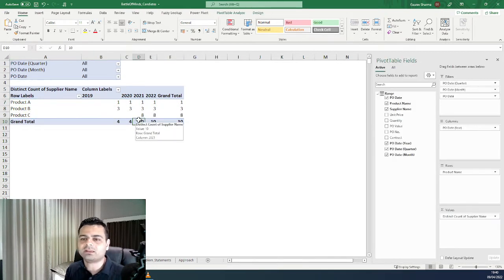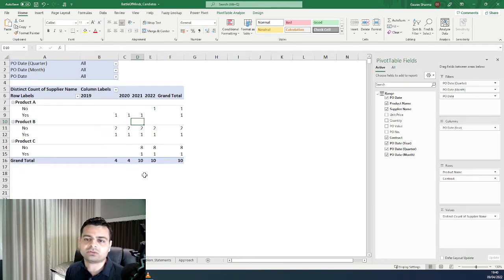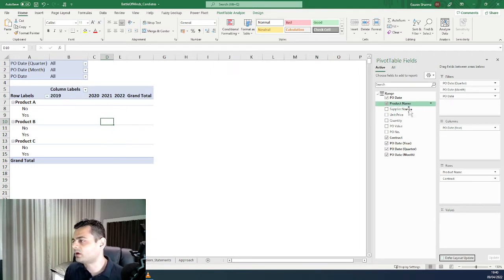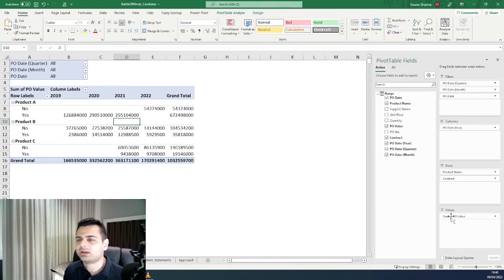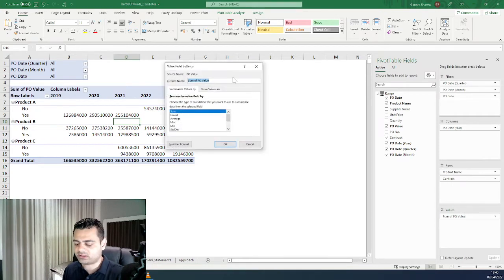So let's see how many contractual spend we have. That's the second step. So we have a column of contract yes and no. So under each product, now I would like to see how much spend do I have with contracted supplier and how much spend do I have with non-contracted suppliers. So instead of supplier count now, I will go and pull up my spend, which I guess is PO value. And again, I would like to keep my data set clean